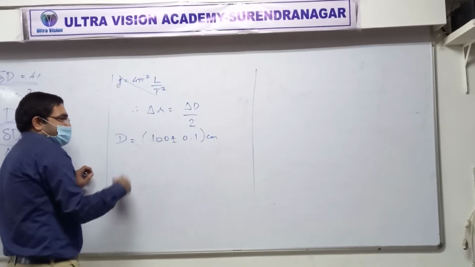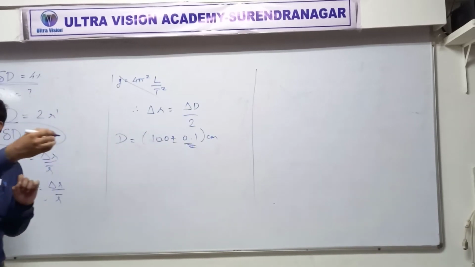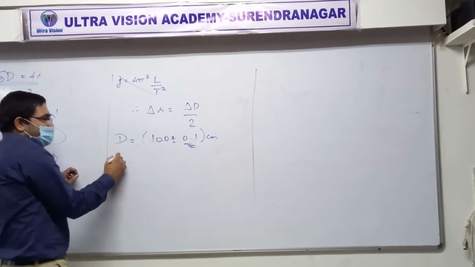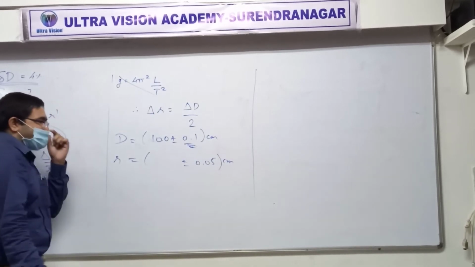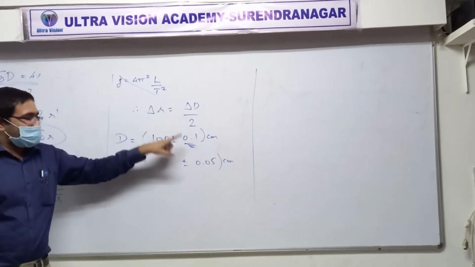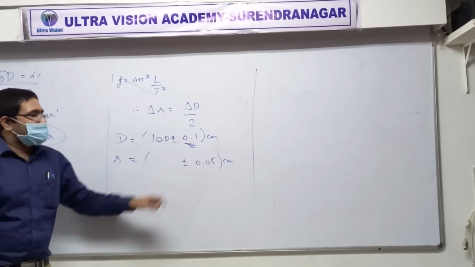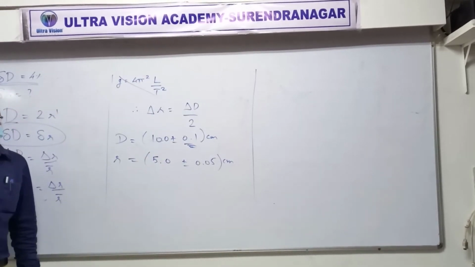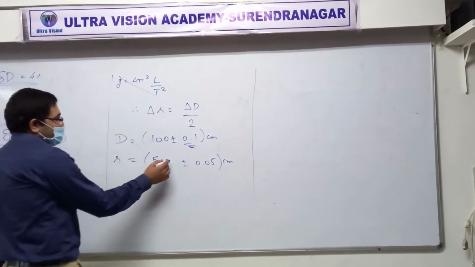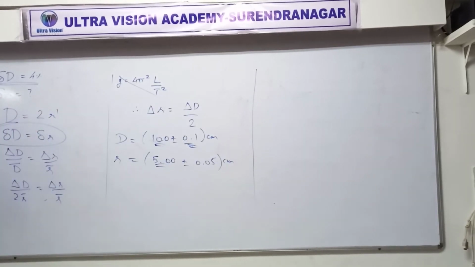This is diameter. Right? So how much is the absolute error? Then absolute error 0.1. Clear or not? Delta D. Clear or not? Yes. Then in radius the absolute error will be 0.05. Did you get that? That's what this is telling you. If this is delta D, then this is half of it. Got it? Yes. Okay, so then if you want to write it this way, it's going to be 5.00 plus or minus 0.05. Three significant figures. Got it? Yes. I hope it's clear.